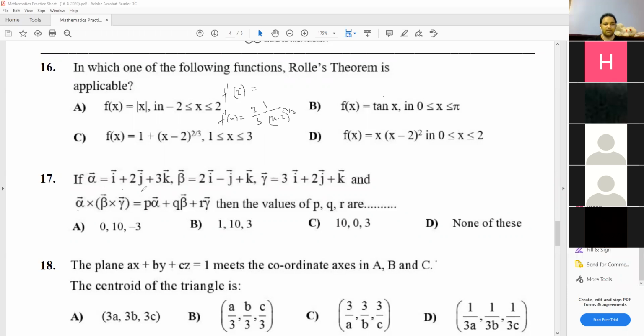बीटा एंड गामा। ये तो ट्रिपल प्रोडक्ट का फॉर्मूला है, ये तो बीटा और गामा के टर्म्स में आएगा। So what must be the value of p? 0। Zero। The only option with 0 is this, although none of these है, so you need to check out q and r, but effectively it's pretty much p से clear हो जाता है कि it could only be a। ठीक है, बाकी तो फिर you can use q as 10 and hit and trial करके देख लो कि 10 आ रहे हैं या नहीं आ रहे हैं। q will be simply alpha dot gamma, तो बस alpha dot gamma निकाल लो।